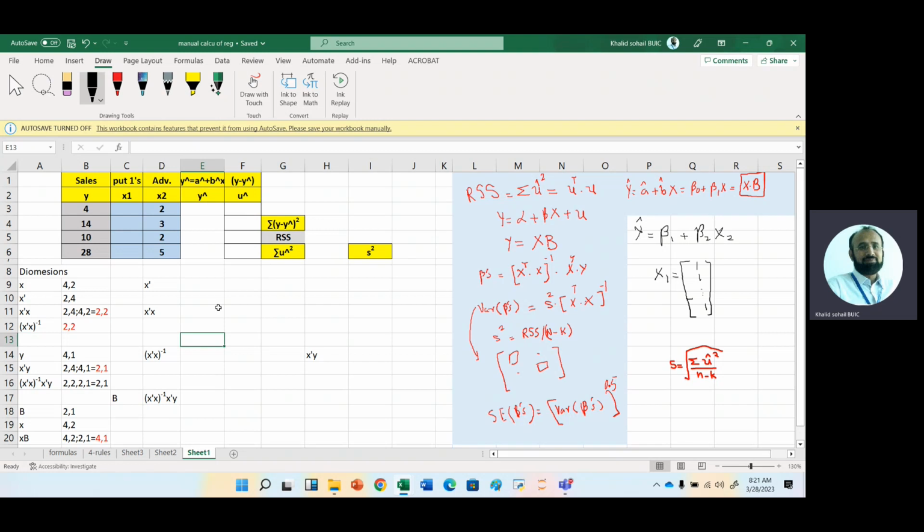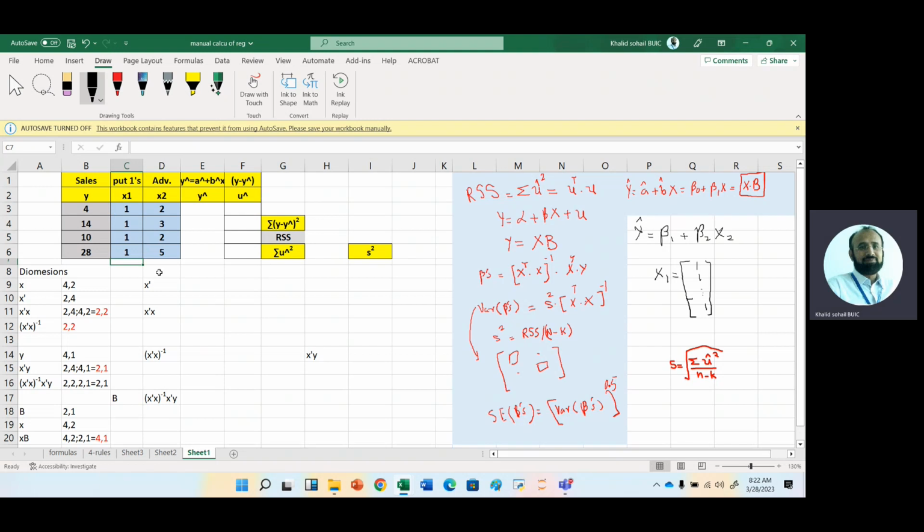But before discussing all these functions, first we understand what regression is. Regression is y equals beta 1 plus beta 2 x2 plus an error term. But here you can see that x1 is missing. X1 is basically a matrix of ones, a column vector. If we put ones in x1 and multiply it by the beta vector, we will get beta 1. So by using matrices, we should put ones in x1